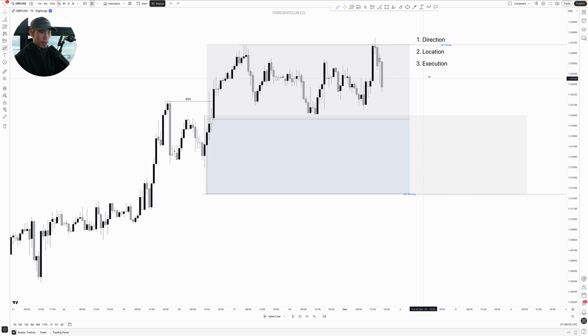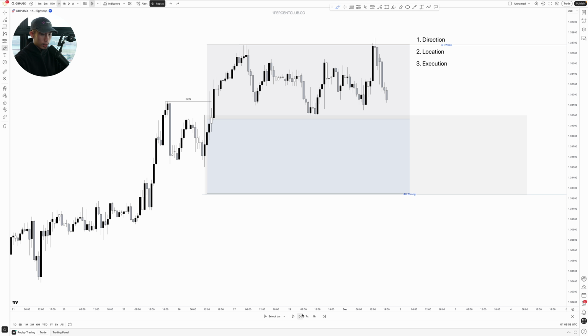But before we go to the third step, remember, price has not reached our location yet. We want to wait very patiently for price to come down to our location. This is where you can either set an alert right here on TradingView, right? Set an alert at this 1.32. So once price comes down and triggers your alert, you go onto the charts and you actually look for your entry models, which is step 3. Or you can just wait very patiently for price to tap into that point of interest.